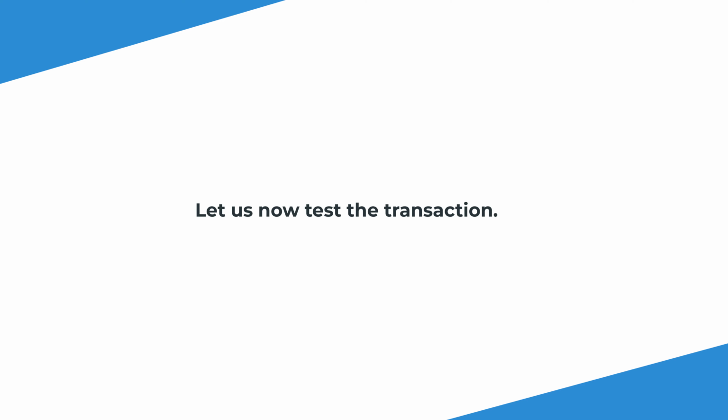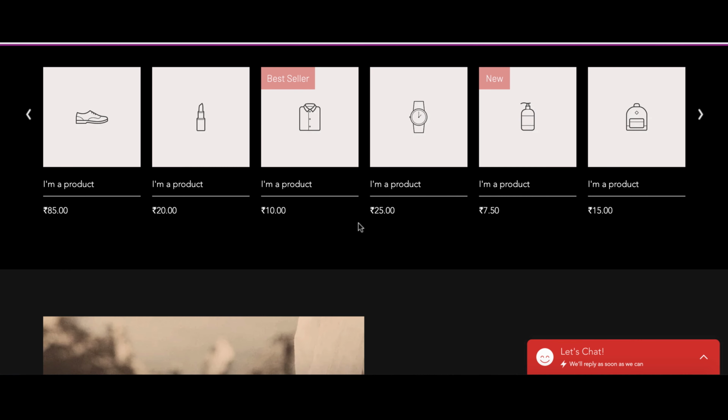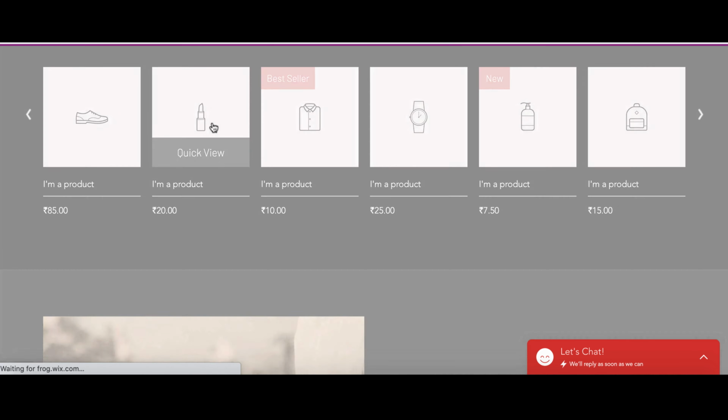Let's make a test transaction to check if the integration is successful. Navigate to your Arista website and add an item to your cart.